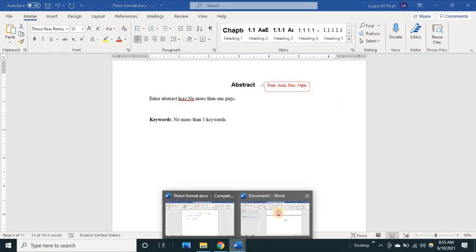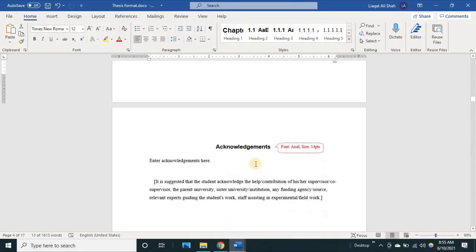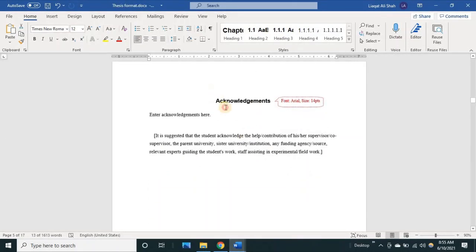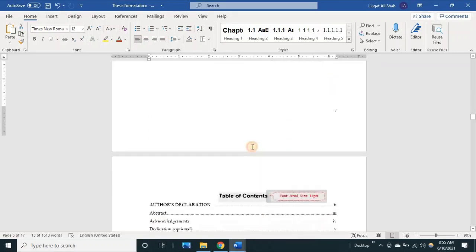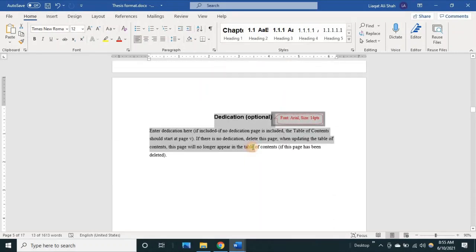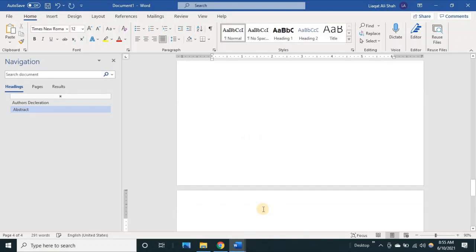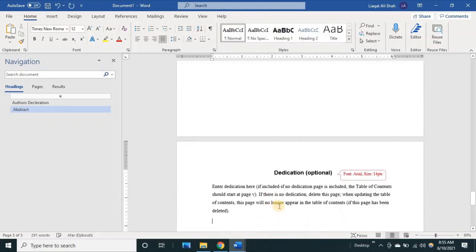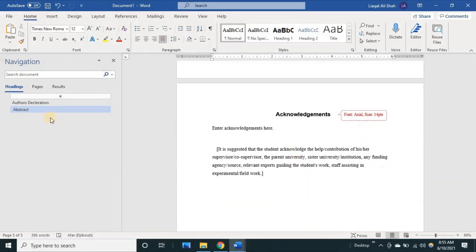Control C and Control V. Right. Now acknowledgements and all the other data, dedication optional. Control C and Control Enter and Control V. So this is acknowledgement, but you can see that acknowledgement is not here.